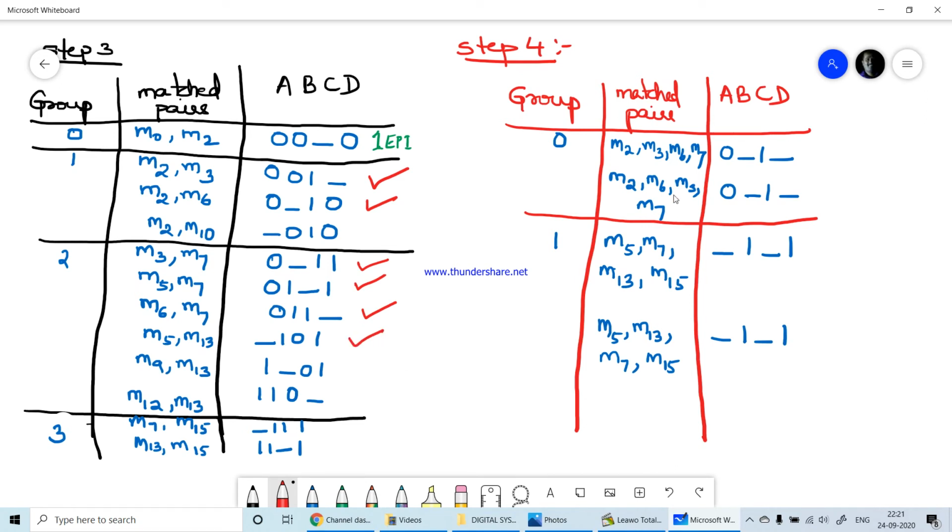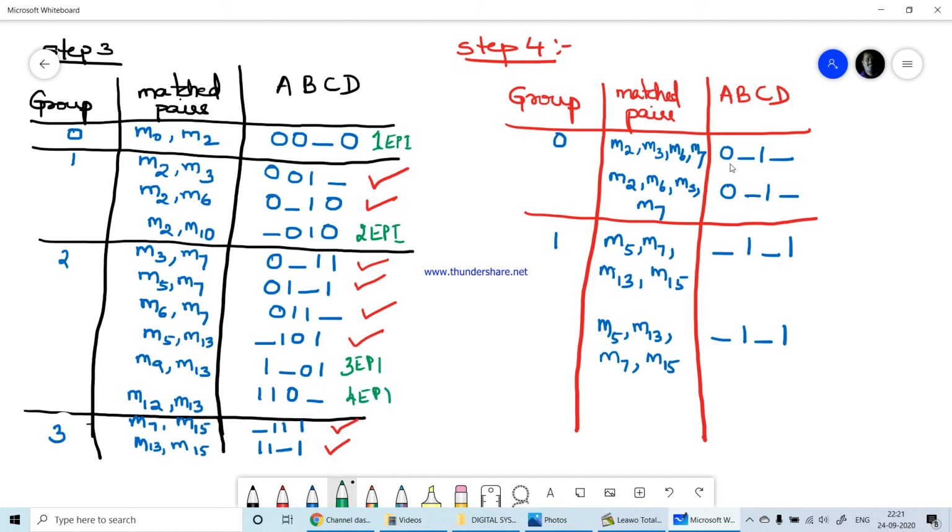M9 and M13 is not used, so I am not going to tick that. M12, M13, M12 is not there in any of these minterms, therefore M12, M13 is also not used for matching. M7 and M15, yes, it is there. Similarly, M13 and M15 is also there, so I will tick that. Now therefore, we got, this is the second essential prime implicant, this is third essential prime implicant, fourth essential prime